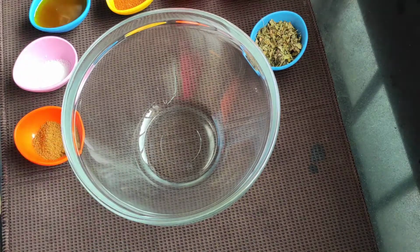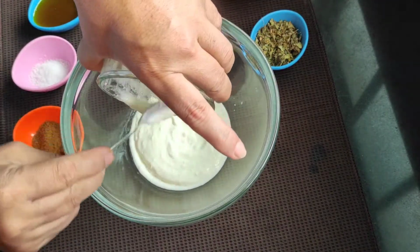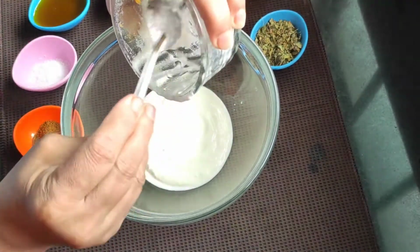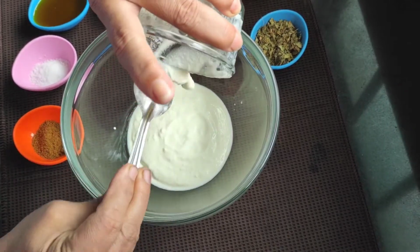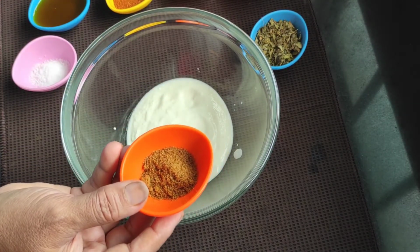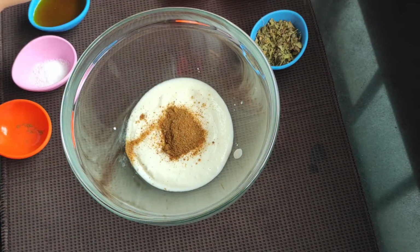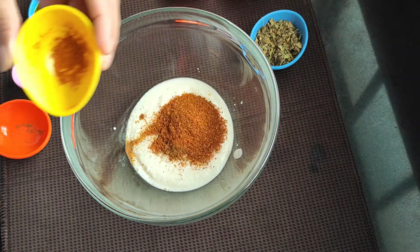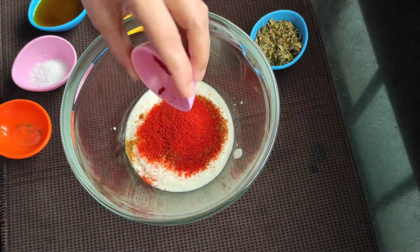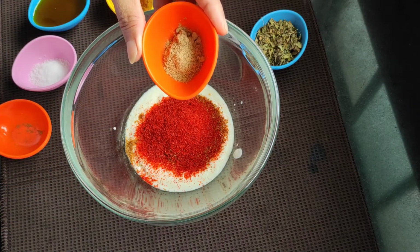Now for the second marination, we will prepare the second marination for the chicken. So for that, I have taken 8 tablespoons of yogurt, one tablespoon of jeera powder, 1.5 tablespoon of garam masala powder, 1 tablespoon of red chili powder, 1 teaspoon of chaat masala powder,